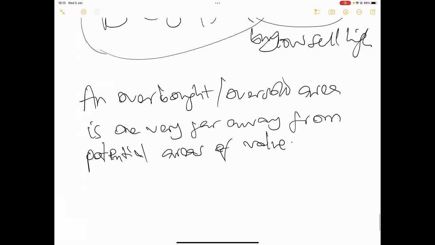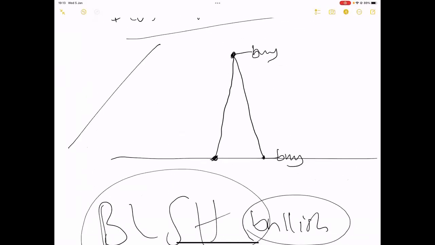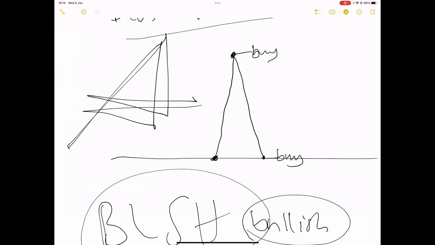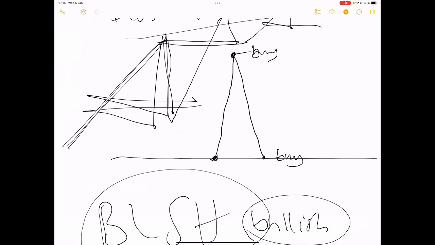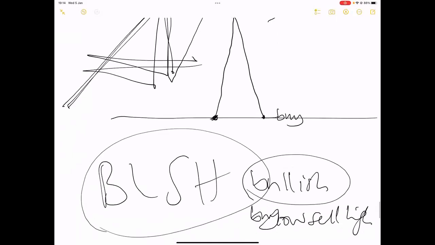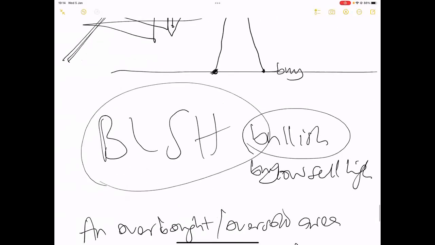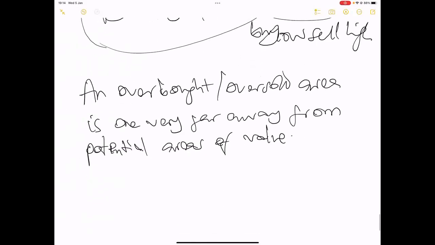That's why I told you entire market makes a very big push. It always comes back at least 50%. I said it in one of the trainings, I think yesterday. The market goes up, it always comes back down at least 50% to cover up for the movements it has made before it continues again. If it goes up again, it comes back 50%, goes up again, comes back 50%. That's what the market does. So that's an overbought oversold area.